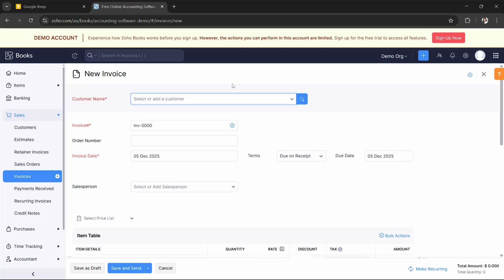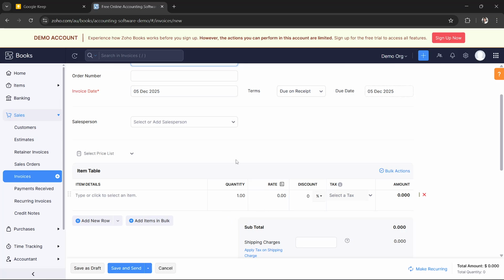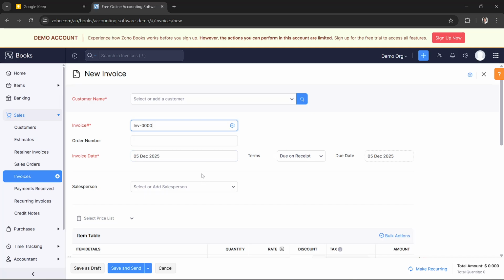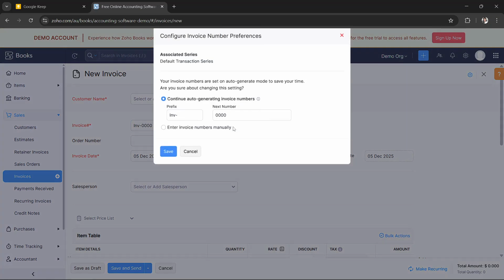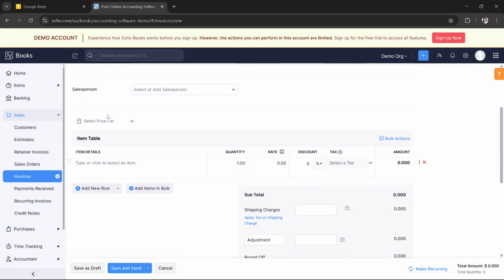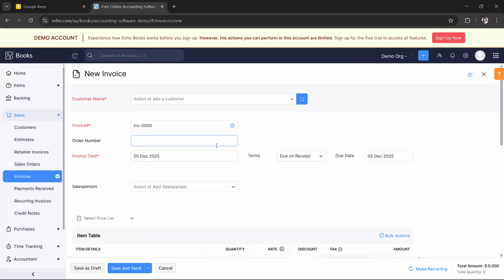And now that you're here, you will just have to select the invoice type. So it should be somewhere right here. It really depends on the layout of your screen. So once you see that option, you will basically just choose Proforma invoice from the drop down. So yeah, it really depends on the layout of your version. But if you do see the type, you will just have to again select Proforma Invoice, and then